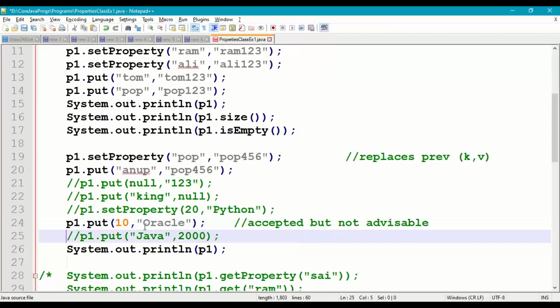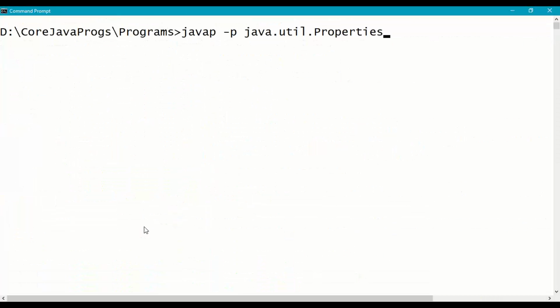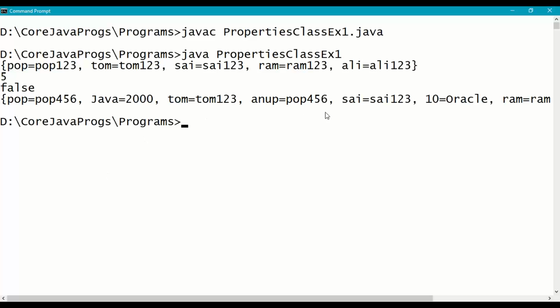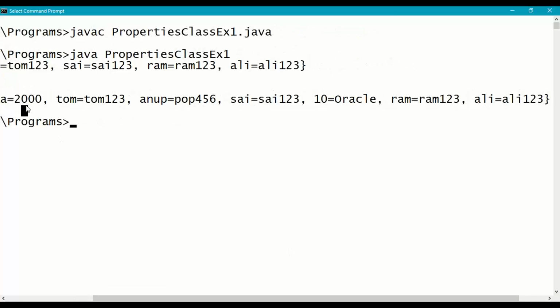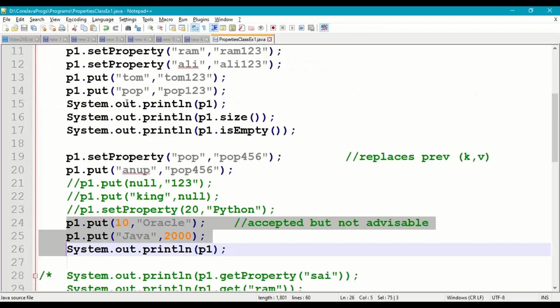Now we can put non-string values using the put method. Accepted but it is not advisable. 10 Oracle, key as 10 integer, and Java 2000 value as integer. So recompile and run. So it is accepted here. We should get Java 2000, 10 Oracle, and then Java course fee is something like 2000. Right. So now